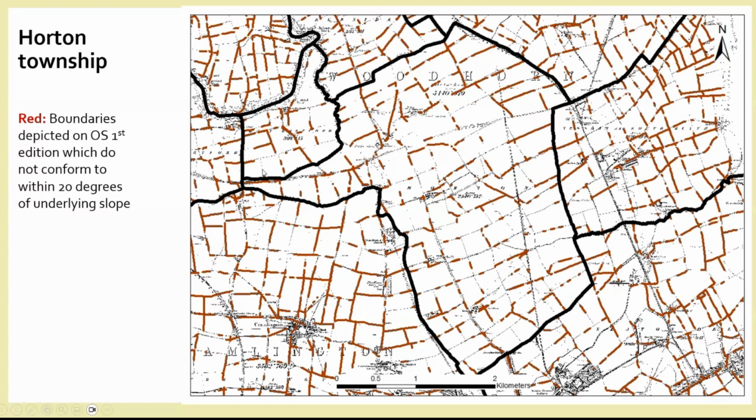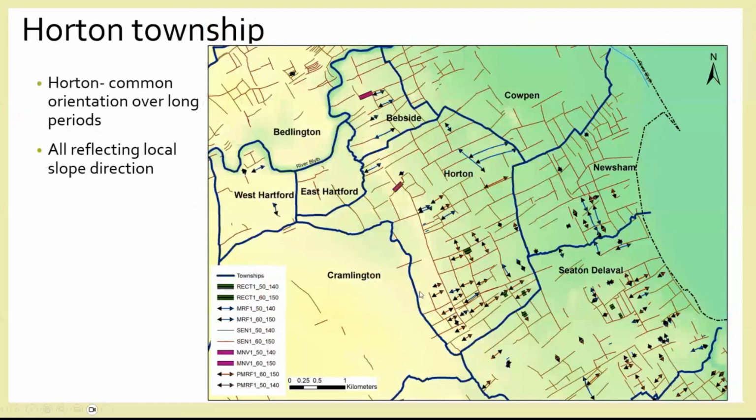Same township boundary. These are the ones that are mapped on the first edition OS map which do not conform to within 20 degrees of underlying slope, which obviously, as you can see, apart from this little block up here, there's far less. So when we pull that together and look at it on top of a DTM, which shows the relief of that area, you can see that this ridge along here seems to be a sort of pivot from which boundaries and other landscape units have been orientated,